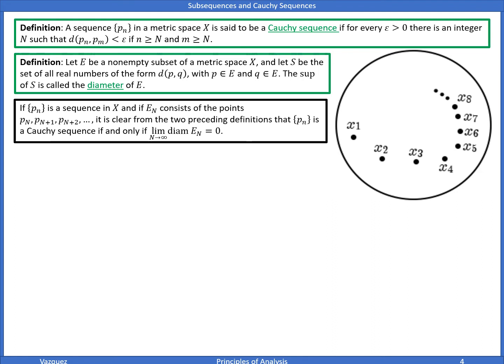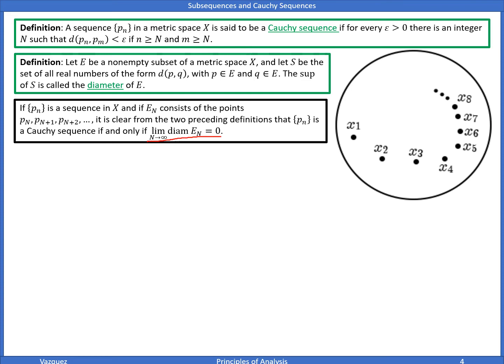So if P sub n is a sequence in X, and if E sub n consists of the points P sub n, P sub n plus 1, so on and so forth, then P sub n is a Cauchy sequence if and only if the diameter of E sub n as n goes to infinity is 0. What is that telling us? Well, this here